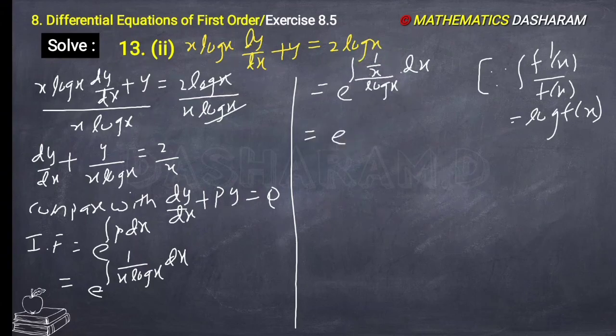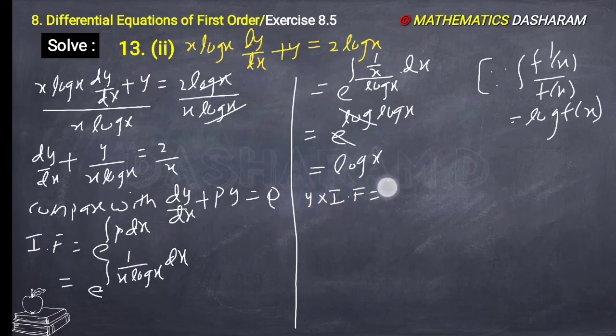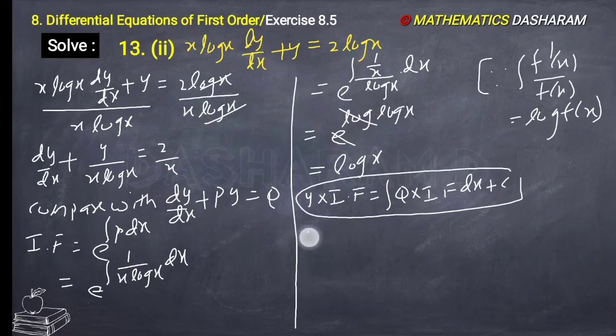So therefore e to the power of log f of x, so log f of x means log x. So e and log cancel, then log x is the integrating factor. Now the solution is y into I.F. equals integration q into I.F. dx plus c. So y into log x, and the q value is 2 by x into log x dx